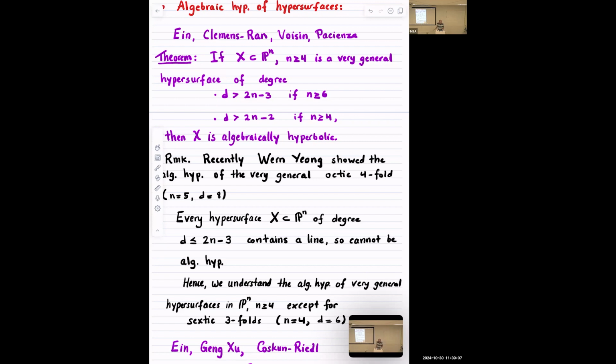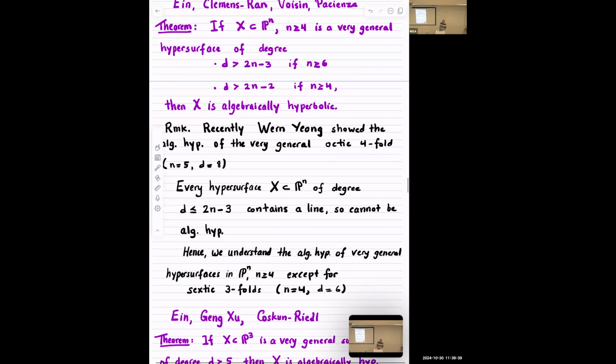So let me mention that recently a student of Eric Riedl, Warren Young, showed the algebraic hyperbolicity of the very general octic fourfold, in other words, a degree 8 hypersurface in P5. And on the other hand, every hypersurface of degree less than or equal to 2n minus 3 contains a line. So what that means is that such a thing cannot be algebraically hyperbolic because there is a rational curve in there. So you see that for algebraic hyperbolicity of hypersurfaces in Pn for n at least 4, the